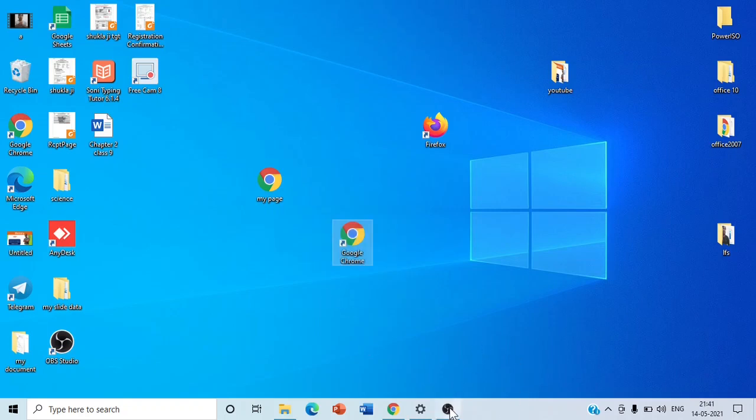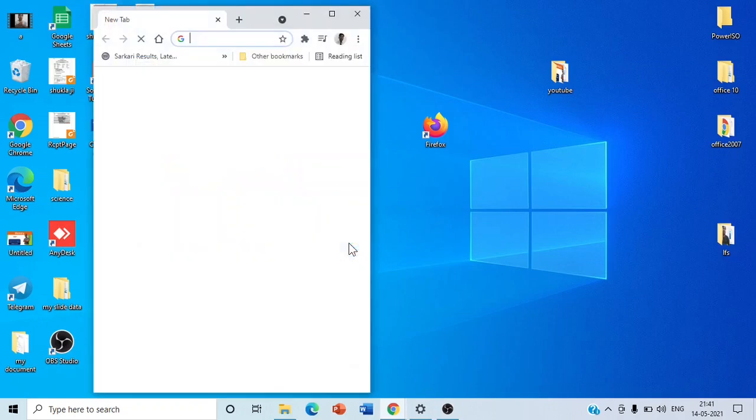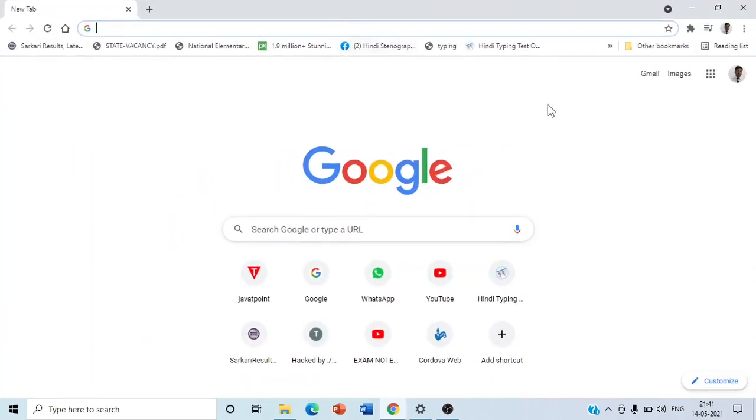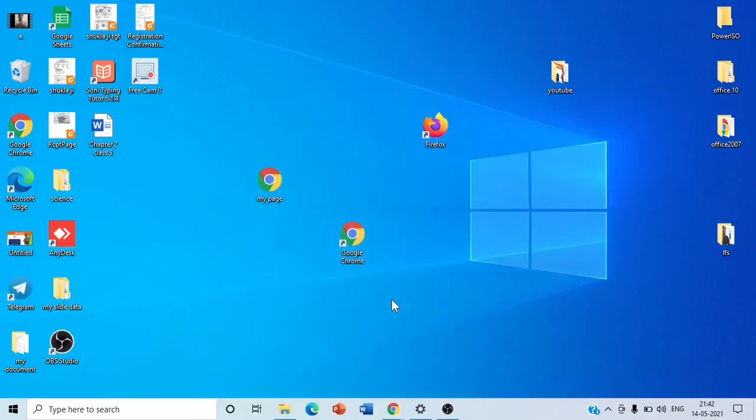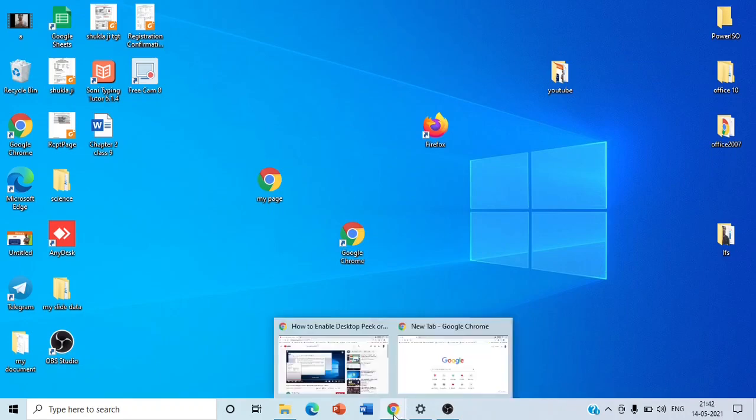Okay. Now students, we will learn some other things, for example, minimizing the window. For this you will look at the title bar. Here you will get three buttons. The first button, the minus mark, is known as the minimize button. The second button, the square or rectangle option, is known as the maximize button, and the third is the close button. When you click on minimize, your window will be minimized to the taskbar.